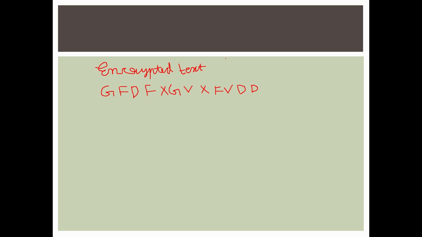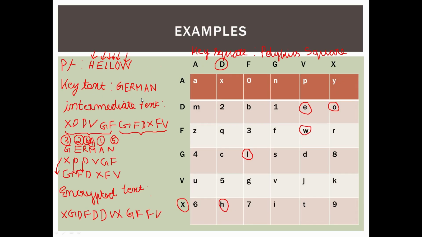This encrypted text is also twice as long as the plain text, and it becomes very difficult if you do not know the main procedure as well as the key text and the key square or table, which is used in encrypting this plain text. It becomes very hard for code breakers to retrieve the plain text by following conventional as well as brute force techniques for deciphering the encrypted text. So it becomes very difficult for them. So that is all.